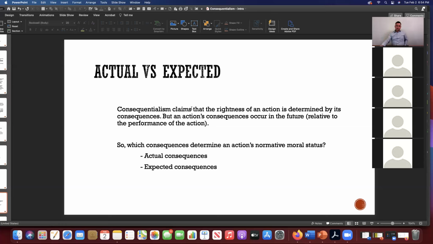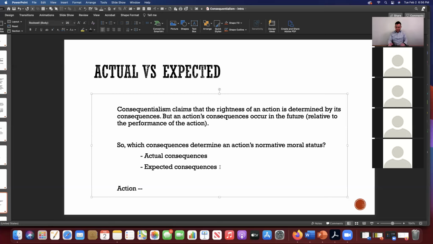So which of these outcomes matter when we determine whether or not the action is morally right? If you're thinking about an action and you're thinking about its consequences, just to simply capture it in diagram form, you have this very simple, or perhaps overly simple,